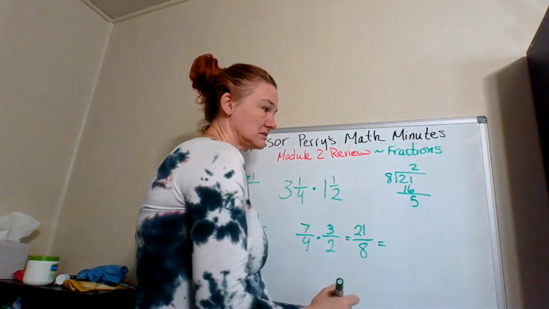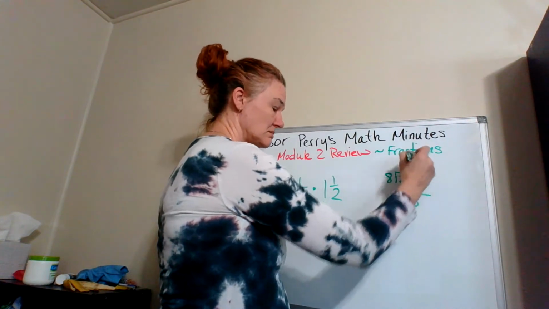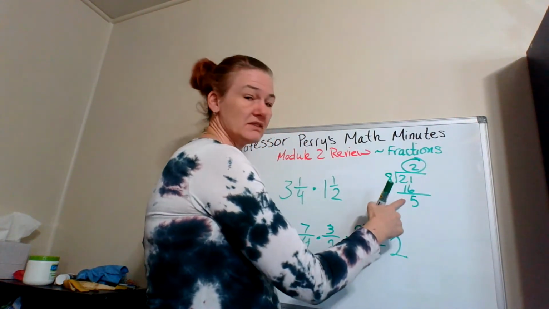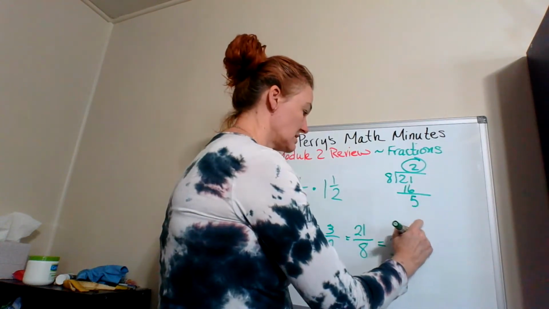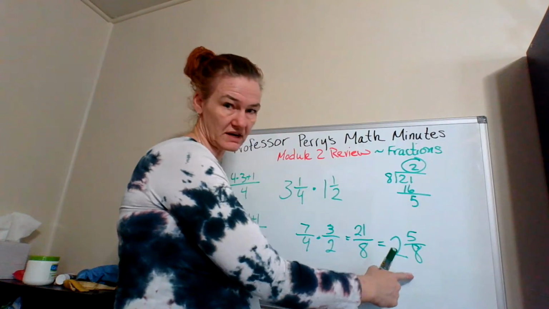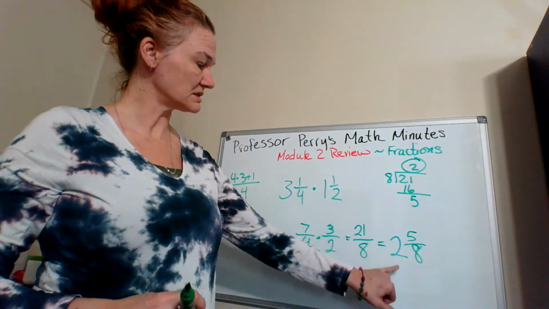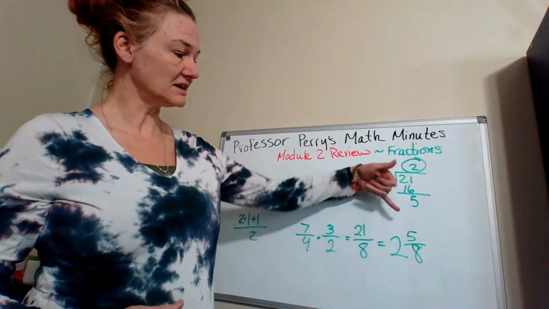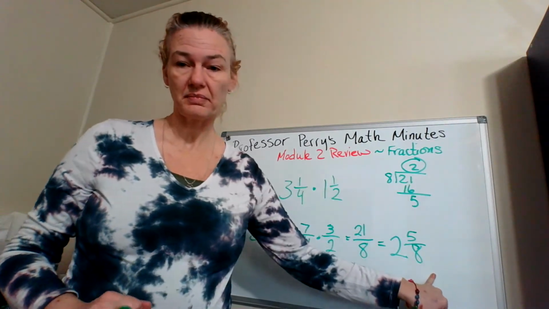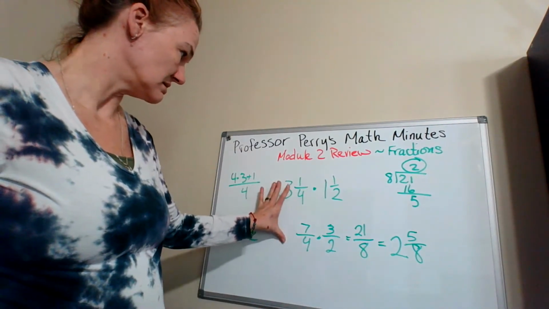5 left over. So I have 2, my whole number. I have 5 left over. That goes here. The 8 stays on the bottom. So that's 2 and 5/8. How many times does the bottom go into the top? That's your whole number. How many are left over is the top, and then your bottom stays the same. That is how you multiply the